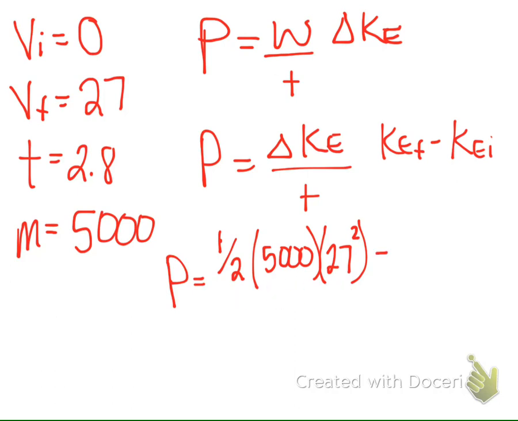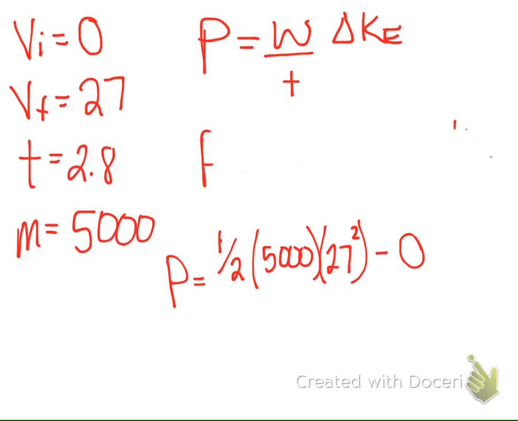And our initial kinetic energy, what would our initial kinetic energy be? 0, because we start with 0 velocity. So if we plug in a 0 velocity to 1/2 mv squared, we're going to get 0 for our initial kinetic energy. Okay, does that make sense? This term right here would be kinetic energy final. This term would be kinetic energy initial. Okay, and we're going to take all that over t, which is 2.8 seconds,